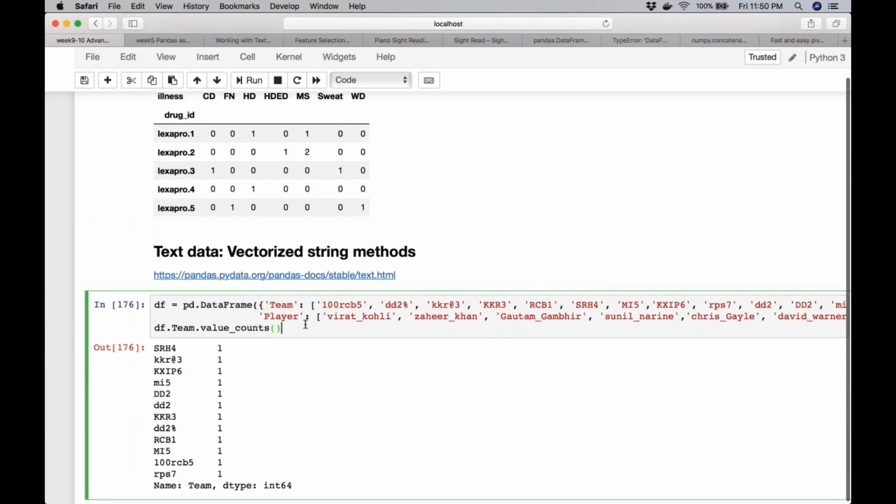The methods, the functions, are more or less the same. Of course, we are going to use them in reference to pandas, so we are not going to use the pure Python functions. But can you tell me some of the things that we need to do with these? Let's handle it one by one. We have KKR at 3 here, and then we have KKR 3 here. How do I make it uniform? What will I have to do? Let's address it one by one. So, anyone?